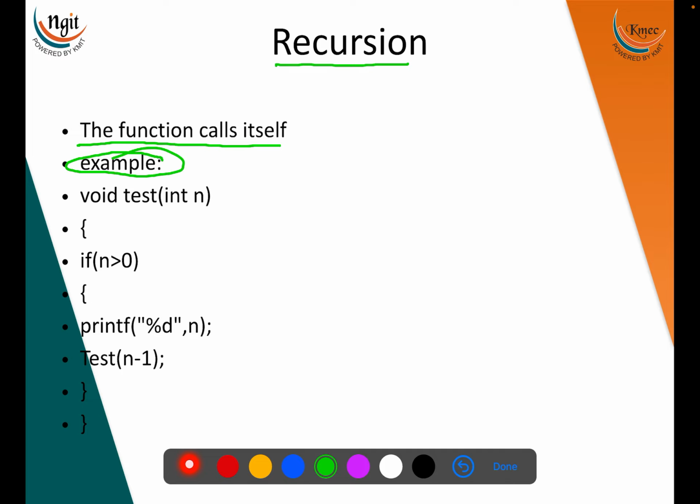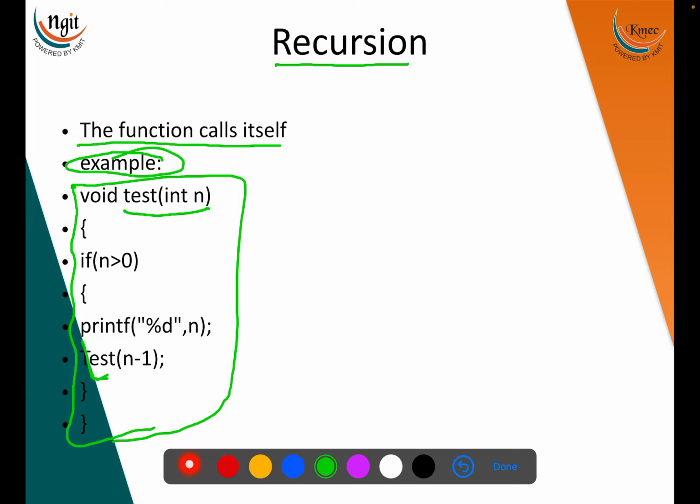This example is a test code. In this test code, I took some argument n. If n is greater than 0, printf "%d", n, then test(n-1). That means test is a function which is calling itself. Let us assume we'll trace this algorithm. Let us assume n equals 7. Now, when the n value is 7,